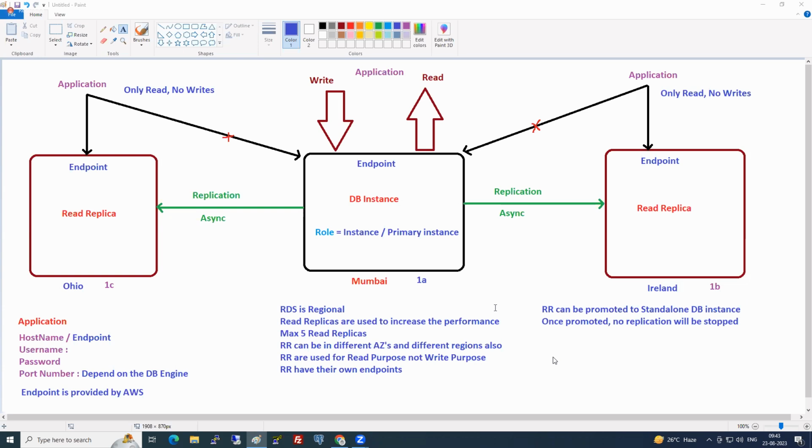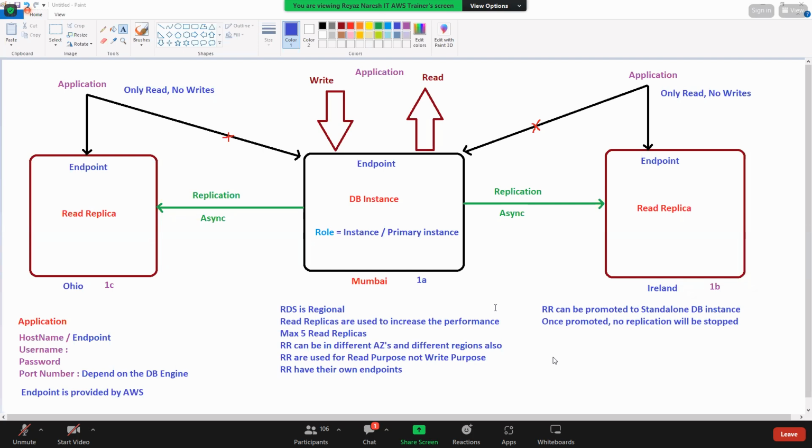Similarly, here, like a server, I'm the primary instance and he's the replica. I will be replicating all my data to him. If he doesn't want replication from me, he'll get promoted to a normal server. Once he is promoted to a normal server, do you have any replication anymore? No. But once he becomes a normal instance, can he create a read replica out of it? Yes, because he's the owner, he's the top, and he can do whatever.